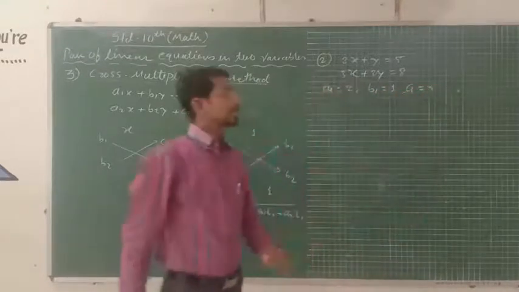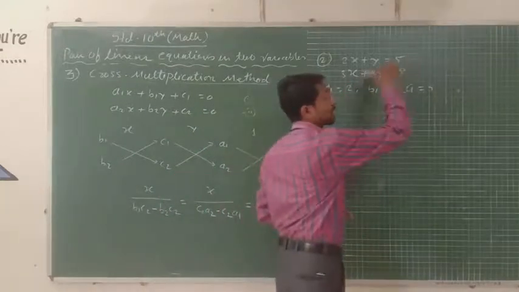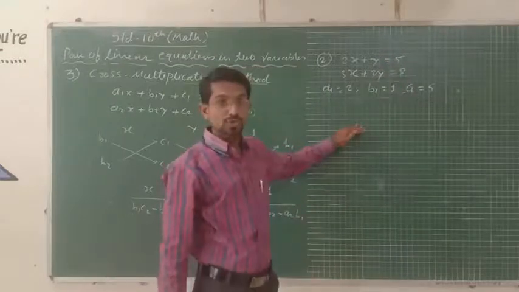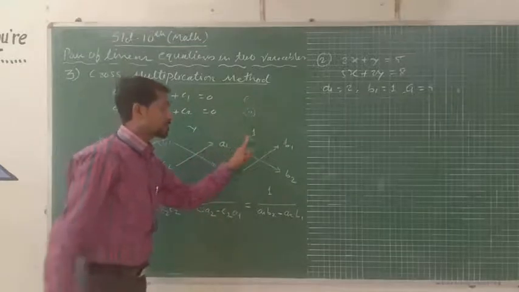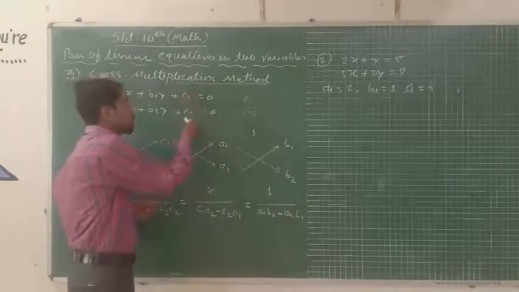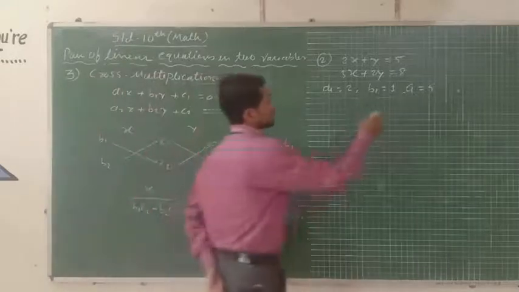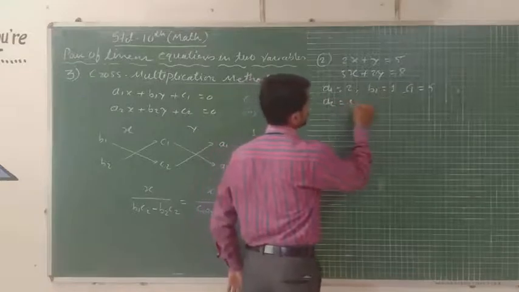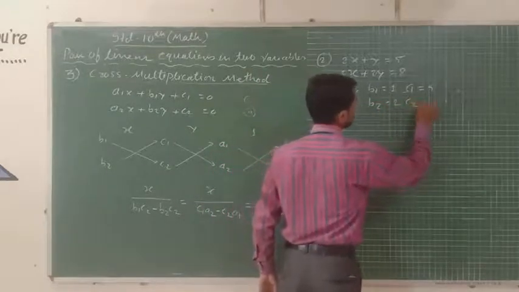5. One more thing is that, see, in this example, both the constants are on the right side. Suppose it has a unique solution, so here we can take -1, because earlier we took 1 because these constants were on the left side. That is the only difference. Then c1 is equal to 5, a2 is equal to 3, b2 is equal to 2 and c2 is equal to what?